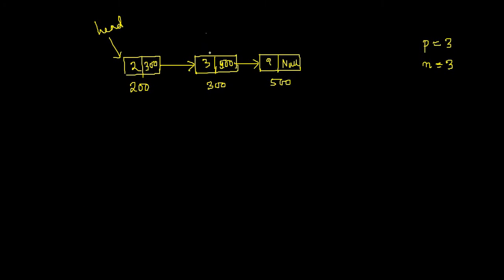Suppose that I'm able to reach this second node. So I have a pointer, say T, that is pointing over here. And if I write T next equal to null, it means this 500 will get replaced by null. And that means its connection will vanish. So only 2 nodes left. You will never be able to reach this last node, and then you can try to free the last node.